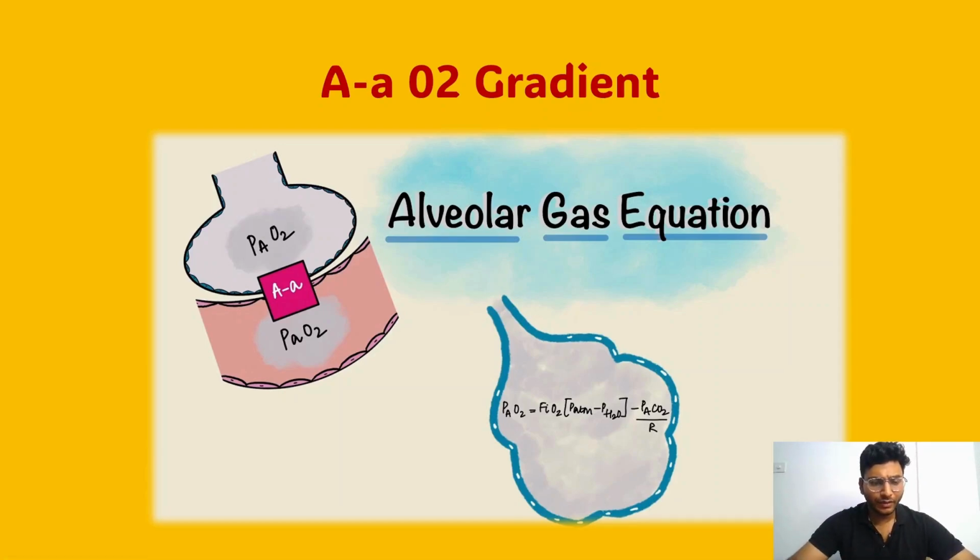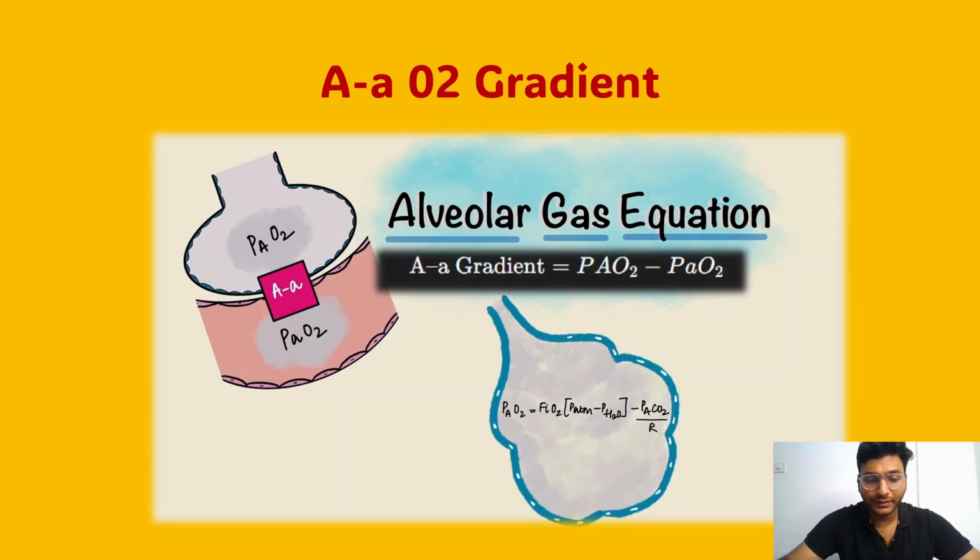So for a specific age, there is a specific cutoff for this alveolar arterial oxygen gradient, which is arbitrarily calculated using the equation age divided by 4 plus 4. For example, for a 40-year-old male, 40 divided by 4 plus 4 is around 14, right? So the alveolar arterial gradient is the difference between the partial pressure of oxygen within the alveoli minus the